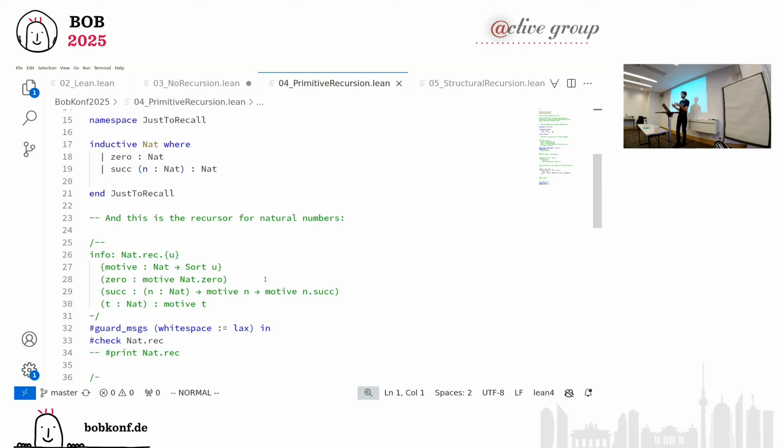Essentially, for the Haskell programmers, that's just the fold of our data structure, or the catamorphism for those who like long words. For those who've been to high school, it very much looks like normal induction on natural numbers, and that's precisely what it is, only that it's not just for defining theorems, but also for defining data, for defining functions.